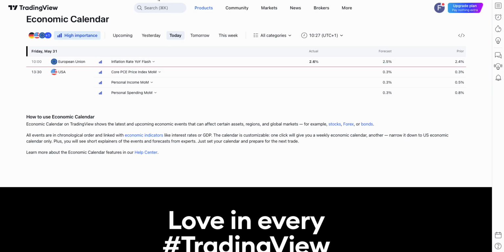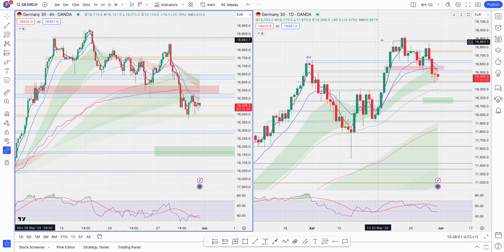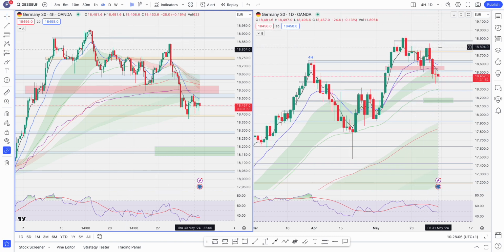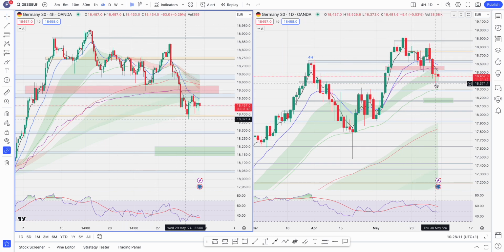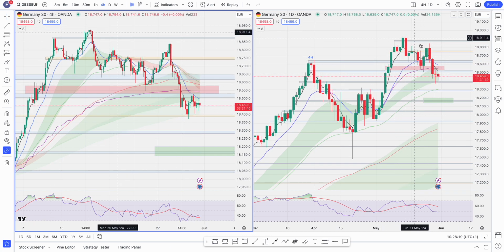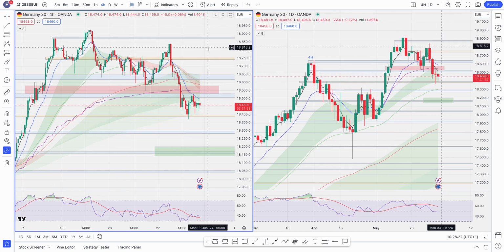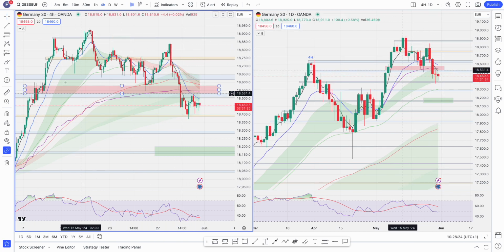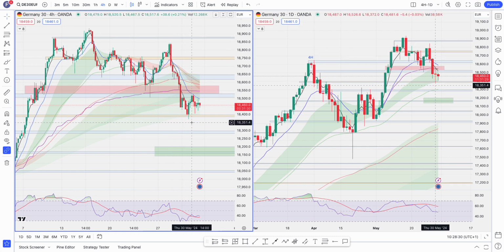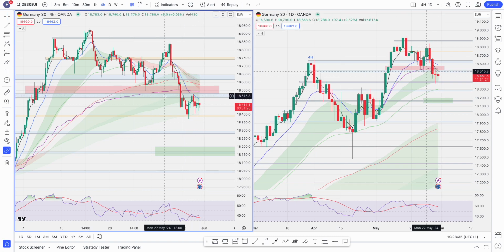Okay. On the daily time frame, we can see the higher lows, lower highs and also lower lows being formed, and yesterday we created another lower low. So that is already telling me we are in a downtrend on the daily time frame. We can also see on the 4 hour, this was the key, and yesterday we bounced off this zone.